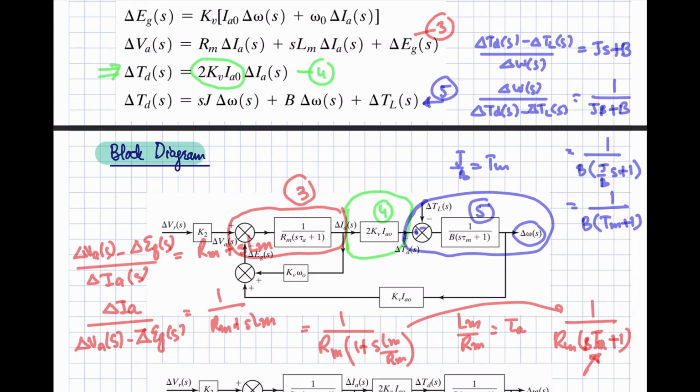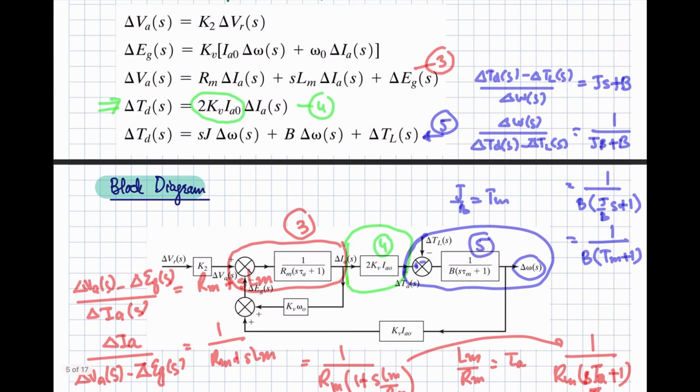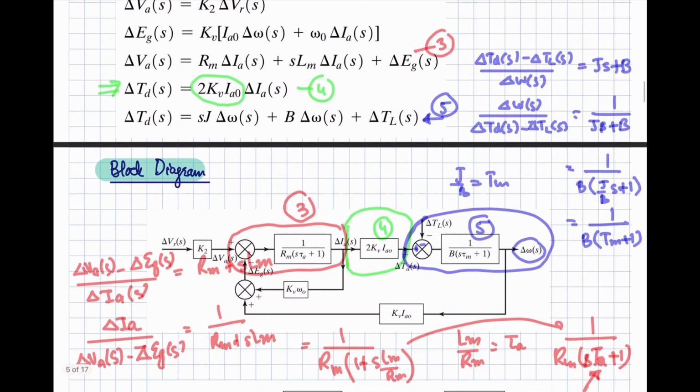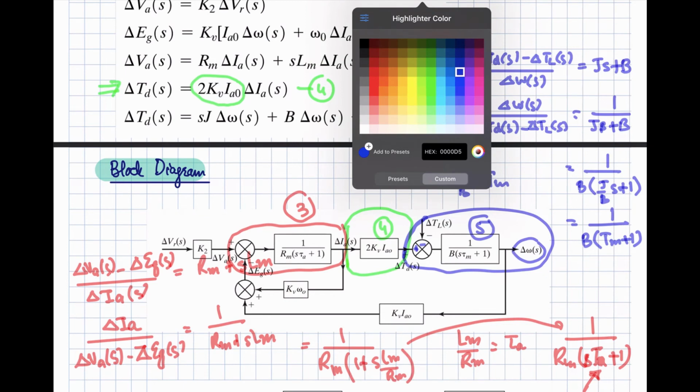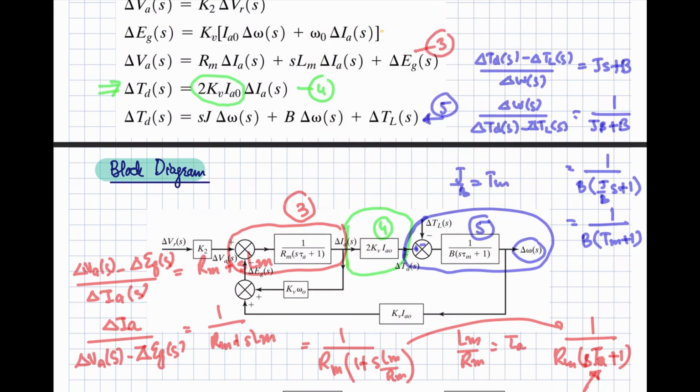And at the input of that, what we need, if you look at it, is delta VA minus delta EG. So delta VA is coming from the converter and the EG is basically the change in the back EMF. So now we are going to model it with the help of this equation, right? So let me call it equation 2. I'm going to change the color. Let's suppose that we represent it with this. Okay, so this is our equation 2 now. So how to implement equation 2?